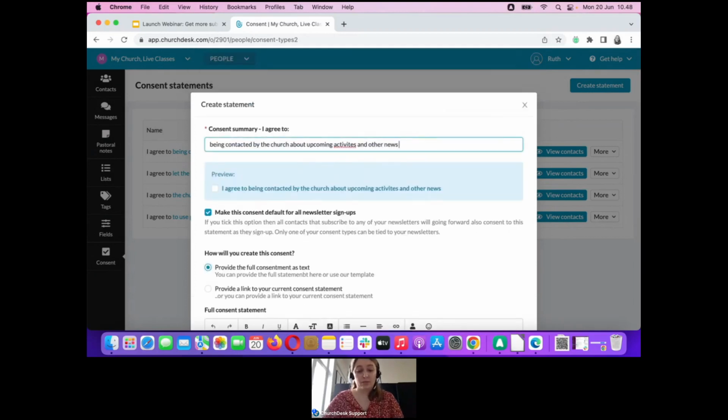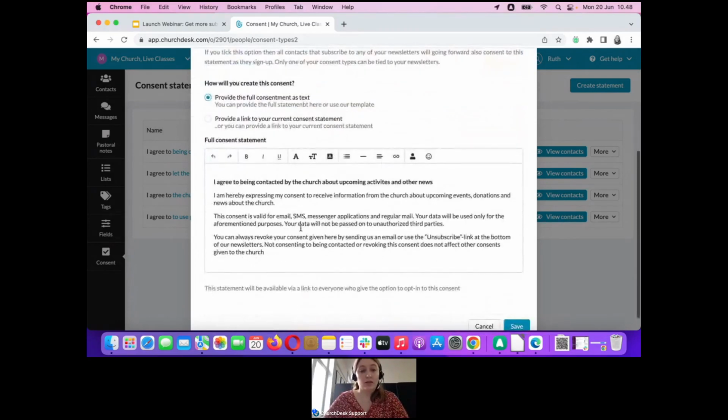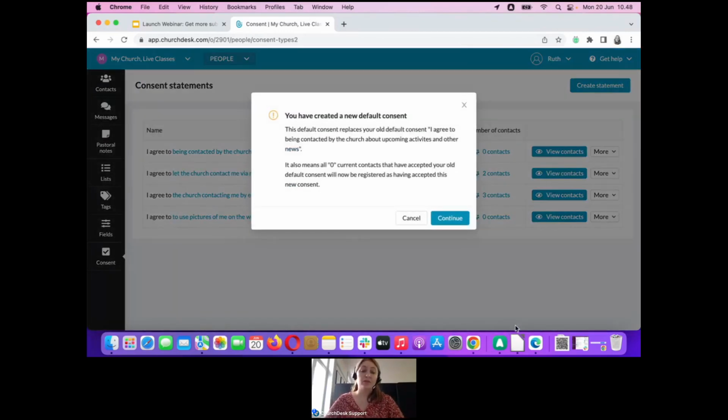So I am just going to save this so you can actually see what it is going to look like. I'm going to save it, and because I created a new default consent and it's going to replace the old one, there is this window. What it means is that with me creating a new consent, no one has yet accepted the thing. And the current contacts that had accepted my old default consent will automatically be registered as having accepted